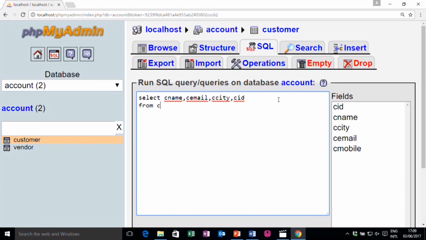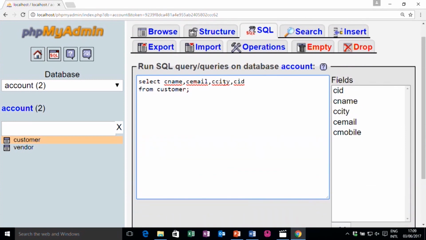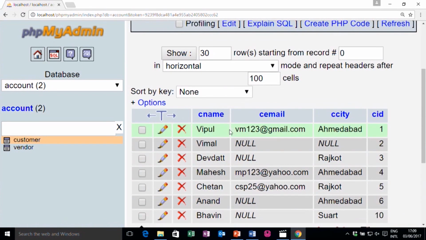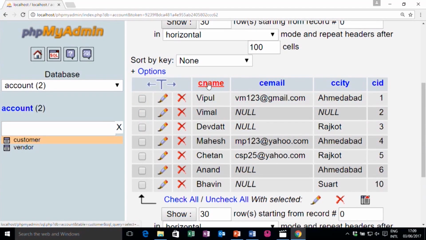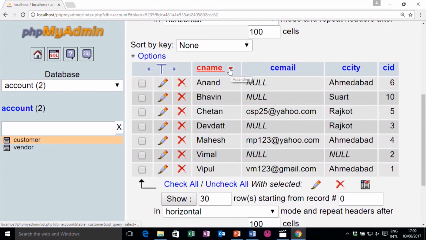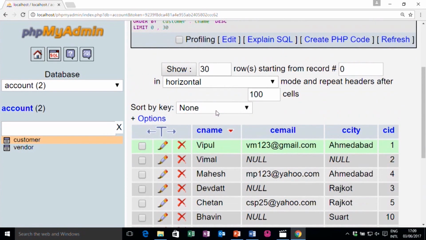from customer. CCT and CID. So, look at here, but again as I said, just keep in mind your original table is as it is, just the data is retrieved in that particular format. So, first it will be CNAME and it allows you to reorder also in ascending or descending order in MySQL.